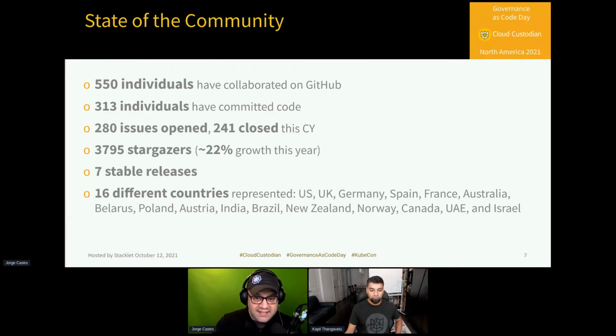And our community is diverse. There are over 16 different countries represented by the contributors of Cloud Custodian. That's 2 more than the current F1 grid, which makes me proud. So it's good to see all this activity. If you go into GitHub yourself, you'll definitely see people contributing PRs, filing issues, and we try to keep the community updated on all of these events, which I'll get to in a little bit.